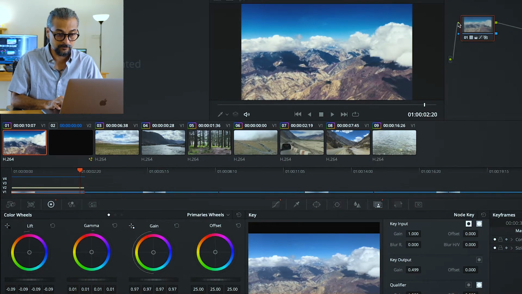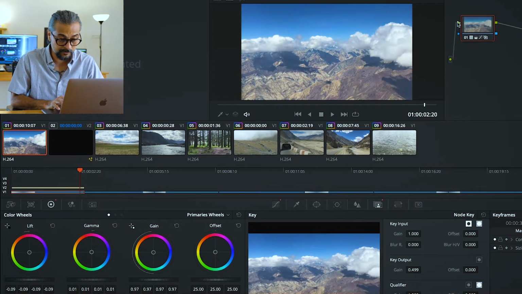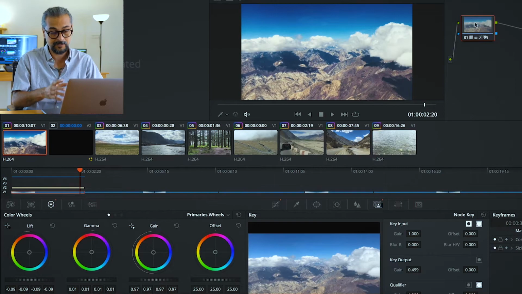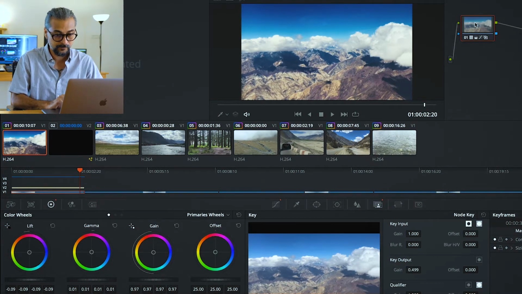And so obviously the color graded clip looks so much better. It has better contrast, better saturation. You can see the shadows a lot better. Compared to that, your original clip looks pretty flat, right? So now what we're going to do is learn to apply these same settings to the rest of the project, to the rest of the clips.